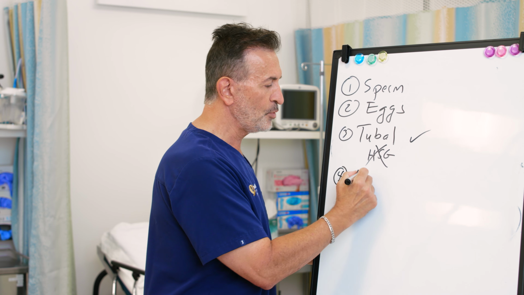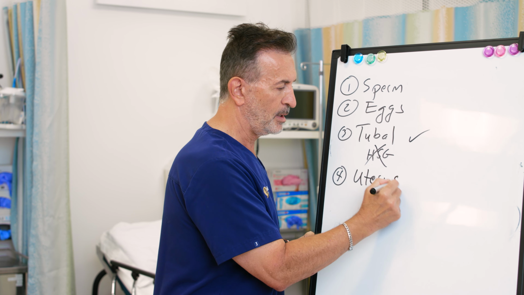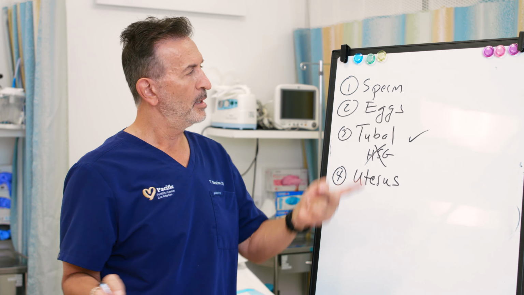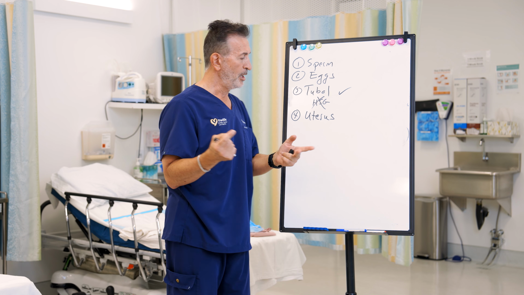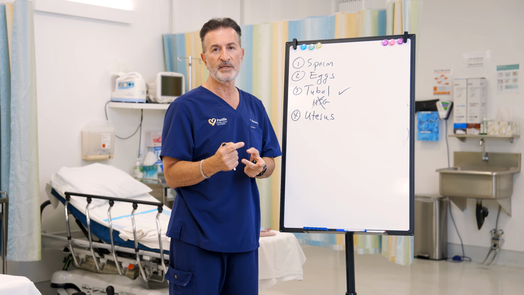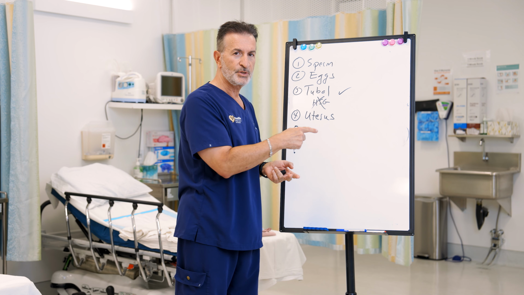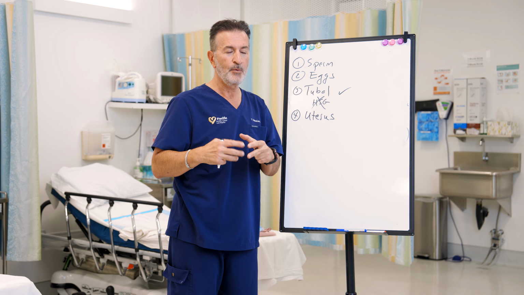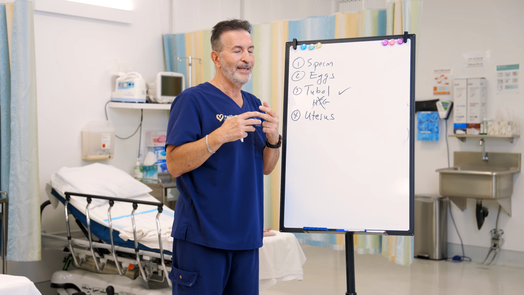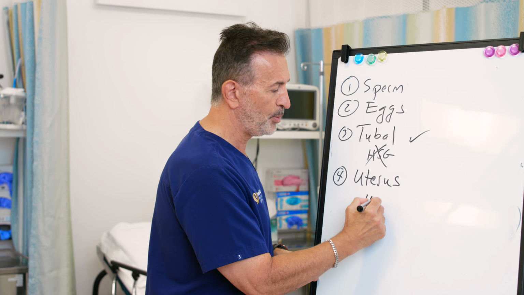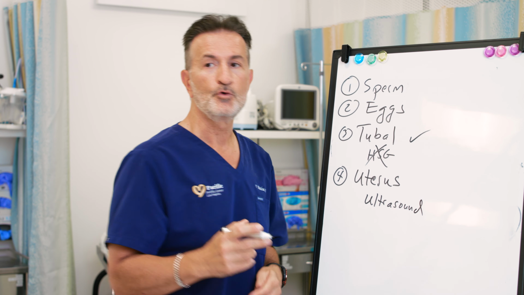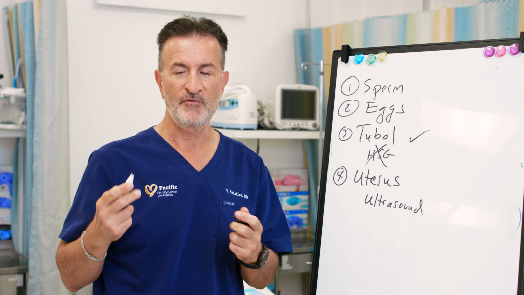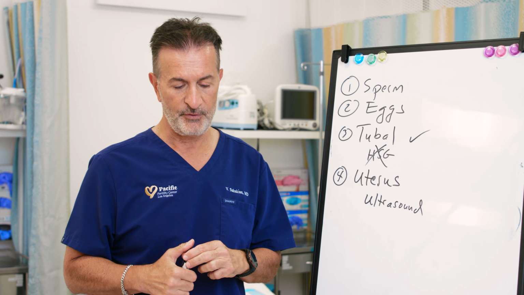Finally, you need to have a normal uterus. And I always say the uterus is like the soil. Sperm and egg unite to make an embryo, which is the seedling, and you need to have a normal soil where the seed grows, and that's the uterus. So you need to have a healthy uterus with a good lining, and you check for that with a simple ultrasound. And we can tell if the uterus looks normal, if there are any fibroids or polyps that can affect